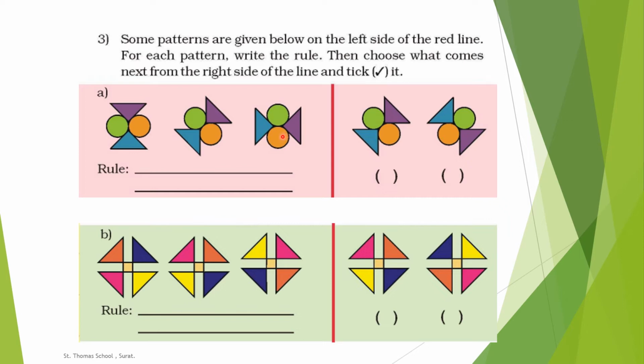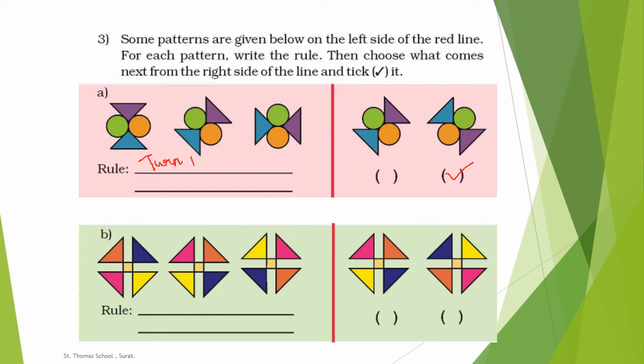Okay, so you can see the first picture, second picture and the third picture. Now what is the next turn? Is this the right option, students? When you turn, this is the right option. Clear? So you have to make a tick on the right option. You can just do it in your textbook itself. Okay, like this you have to make a tick on the right option. So what is the rule? You have to write the rule as turn by 45 degrees each time.